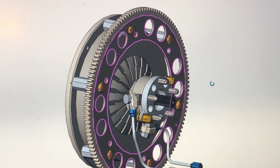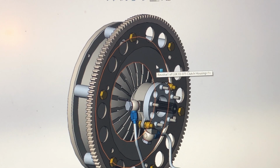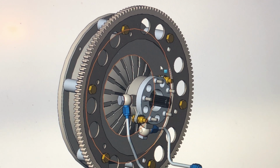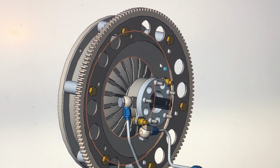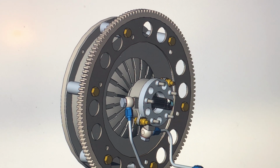Alright, so what we're looking at here is the clutch pack assembly. We decided we had to go at this a second time because our existing flywheel had a little bit of movement in it, which we didn't think was acceptable with some testing. So we're going again with a different off-the-shelf OEM replacement clutch pack, and we had to do some customization for